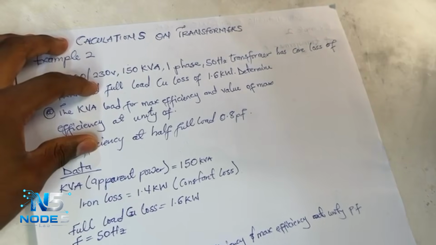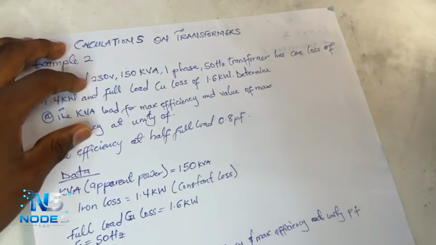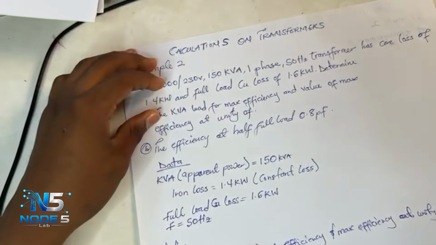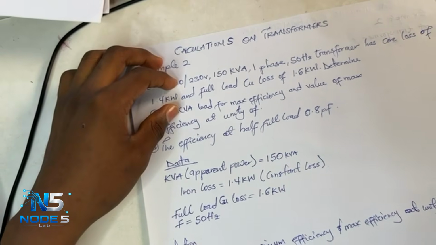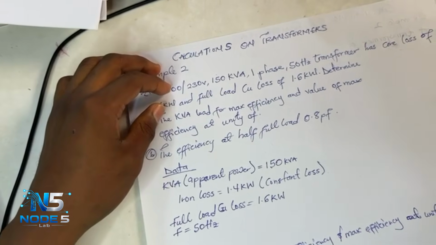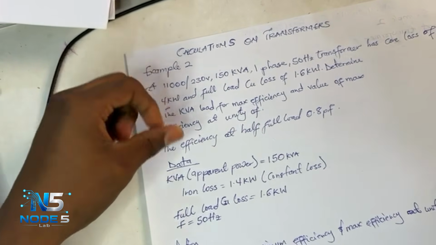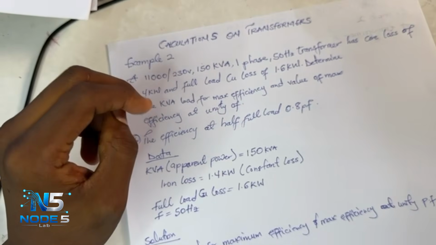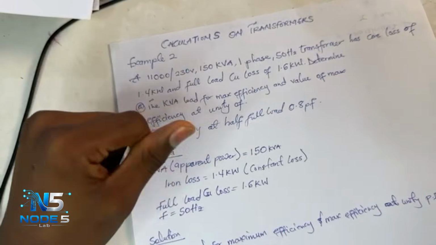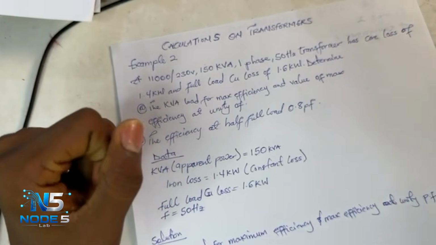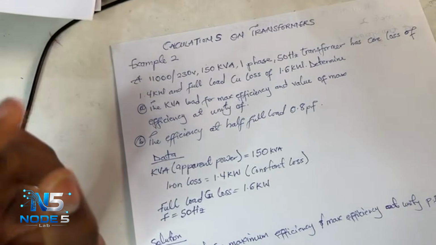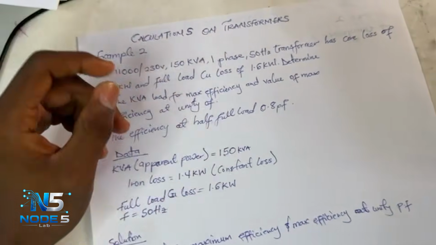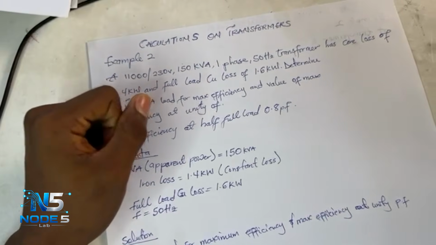And the first thing we have to do is that the system told us that the kVA that we have in the question, which is the 150, is a kVA at a maximum efficiency. That doesn't mean the system is on half load or full load. Okay, good. So we have to calculate for the kVA at the full load